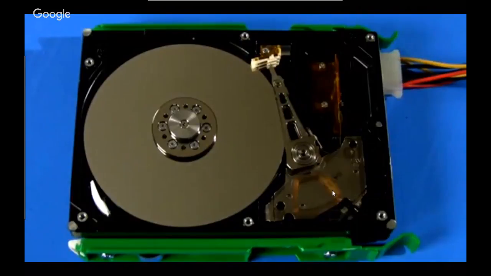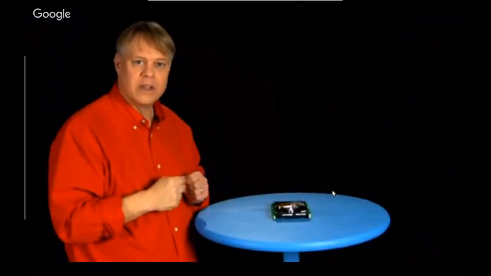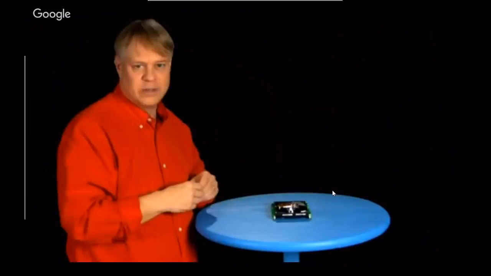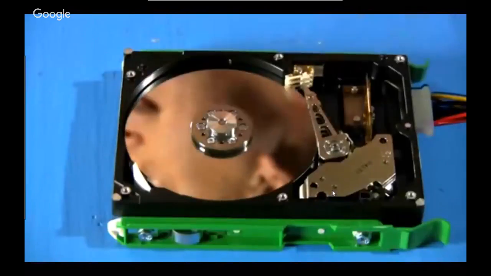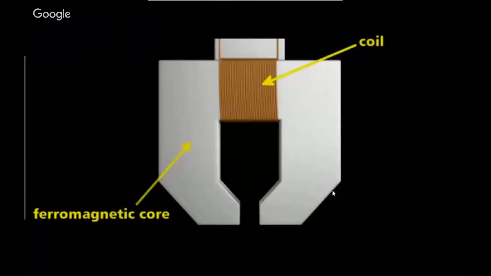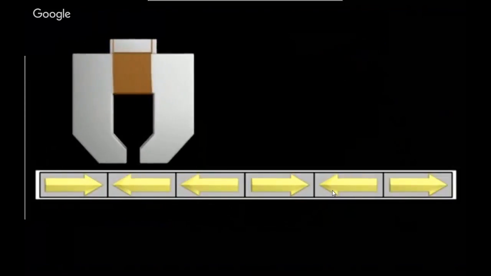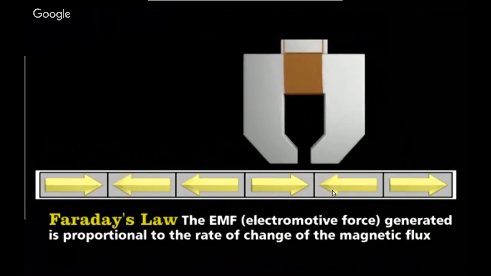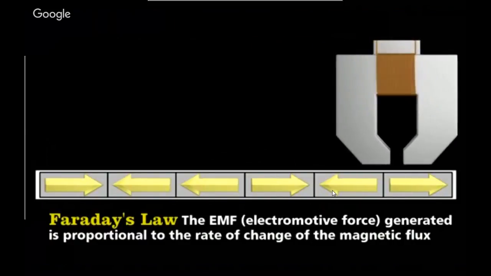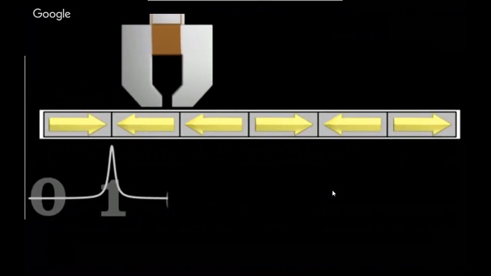The force on the arm is directly proportional to the current through the coil, which allows the arm's position to be finely tuned. Unlike a mechanical system of linkages, there is minimal wear, and it isn't sensitive to temperature. At the end of the arm lies the most critical component, the head. At its simplest, it's a piece of ferromagnetic material wrapped with wire. As it passes over the magnetized sections of the platter, it measures changes in the direction of the magnetic poles, using Faraday's law. A change in magnetization produces a voltage in a nearby coil. So as the head passes a section where the polarity has changed, it records a voltage spike.